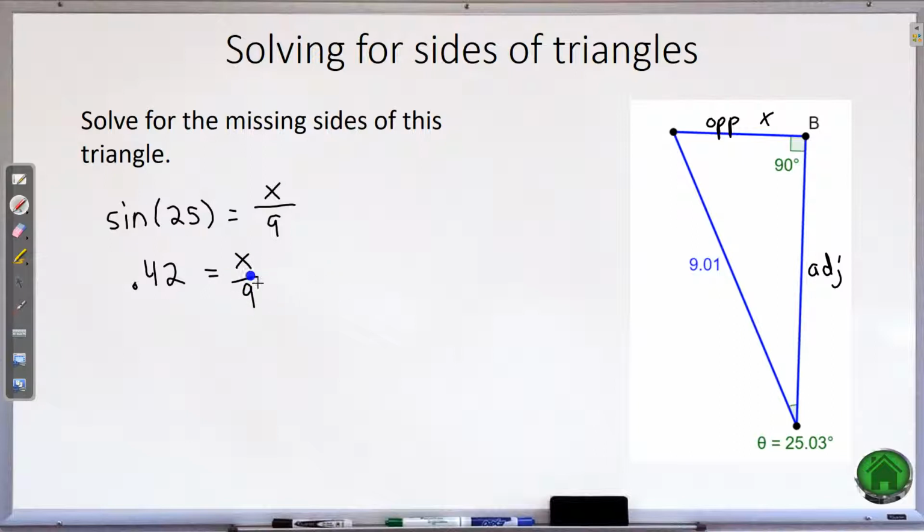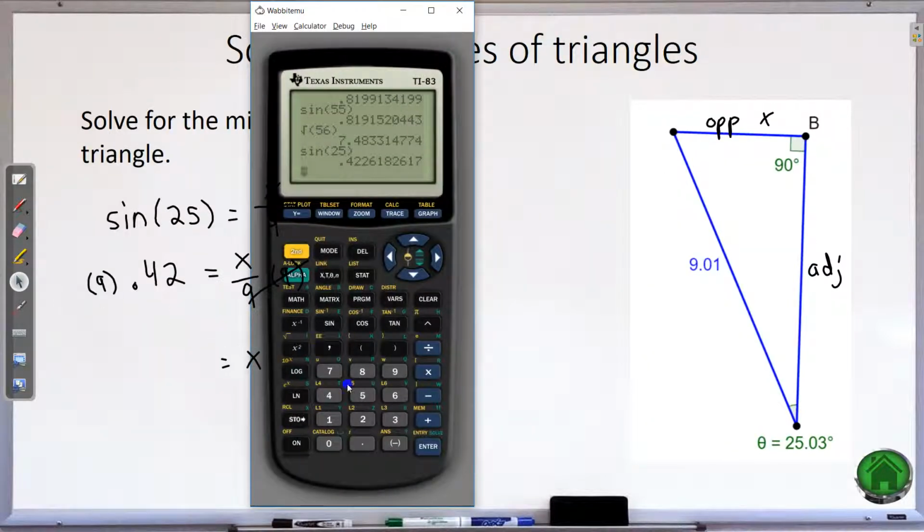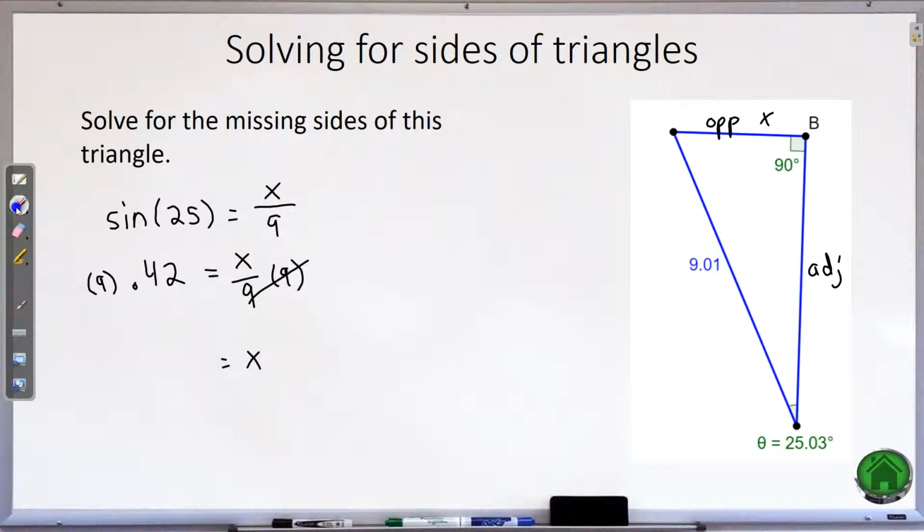And now we have a rational equation, which we could cross multiply, I suppose, but because we only have one fraction, we can probably just multiply by 9 on both sides, so that x is equal to 9 times 0.42. 9 times 0.42 is 3.78. So this one is 3.78. Now it's time to do the adjacent. So I need a trig function that uses adjacent, and that would be cosine of 25 is equal to the